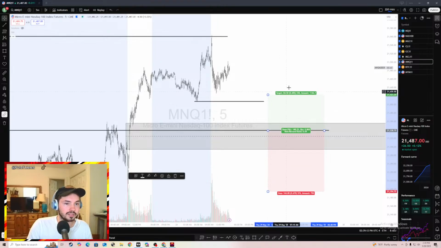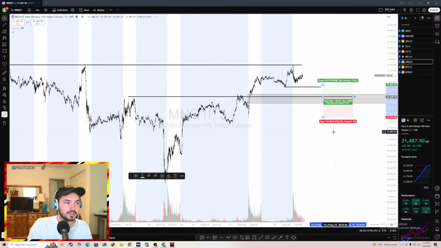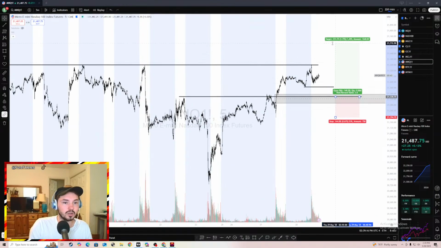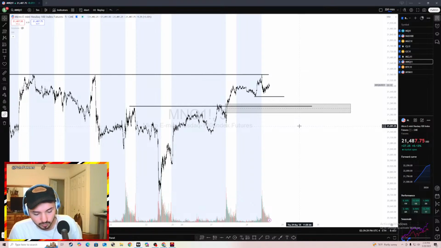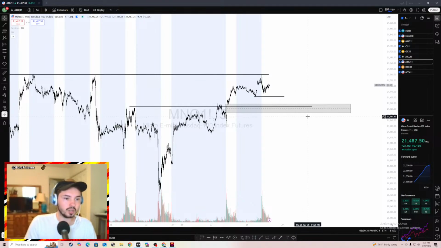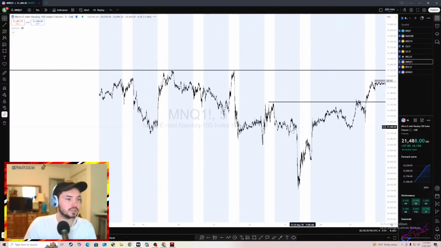And you could do something like this. And again, where did I say this could potentially go up to? I said it could potentially go up to around the 21,650 mark. And that's how you frame your trades. Based off your strategy, this is how you generally frame your trades, wherever you're going. All right. So let me delete volume because I don't use it.